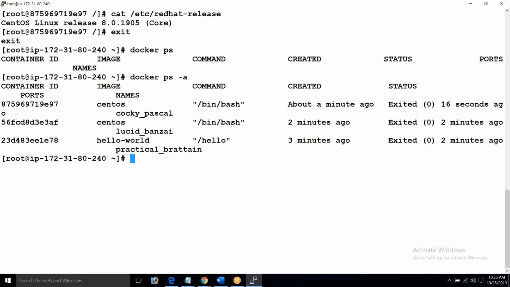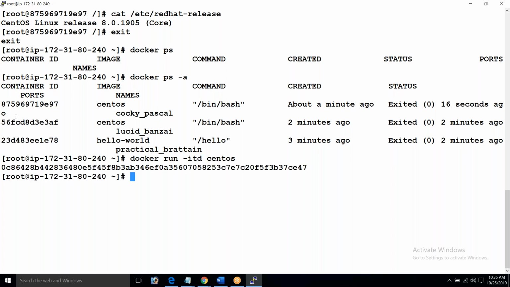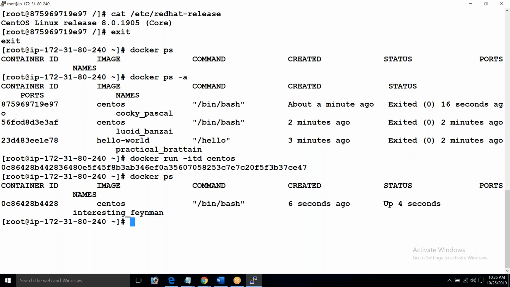So containers by default are temporary. They don't run for long, right? The moment the task is completed, they stop. But if I want this container to run continuously without stopping, I would give what? Detached mode. Now my container will run in the backend. It's up and running. Got it? So the container will run as long as there is a command being executed.